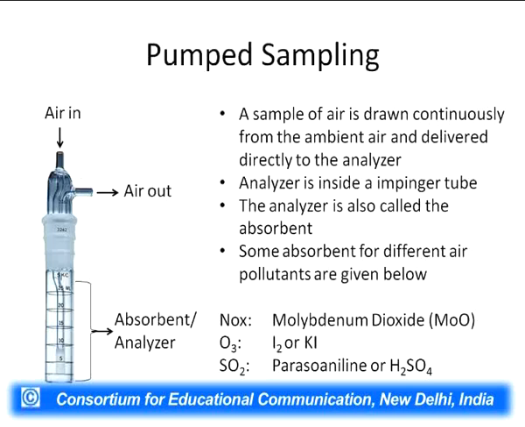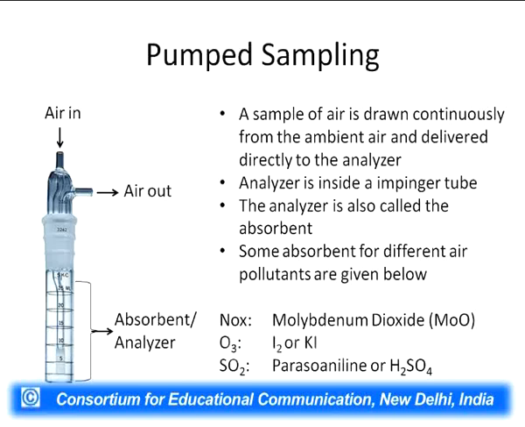In case of pump sampling, what do we do? We put some solvent in an impinger tube, and here you can see the figure of an impinger tube where from one side the air is getting inside and it is coming out from the other side. And at the bottom of this impinger tube, an absorbent, that is also known as analyzer, is kept, and air actually passes through that particular absorber, and